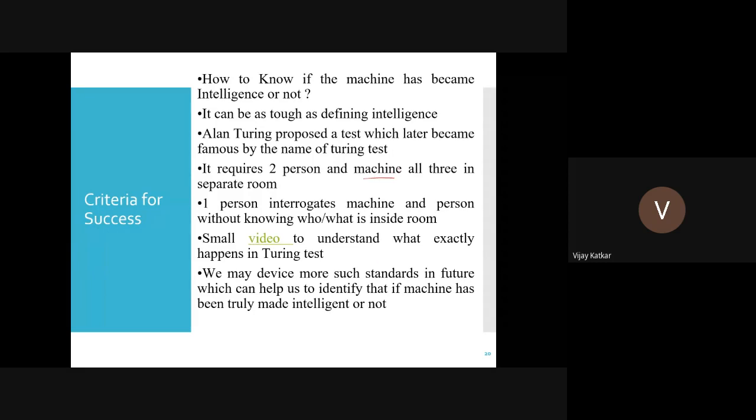Let's say there are two persons. One person is in one room, the machine is in another room, and this person doesn't know with whom you are asking him to interact, a person or a machine. Let's say you ask him to interact with the machine, and he says it is not a machine, it is a person with whom I was interacting. Then the test is successful, and the machine has human intelligence that way. They call it the Turing test, and since the person's name was Alan Turing, it is called the Alan Turing test.